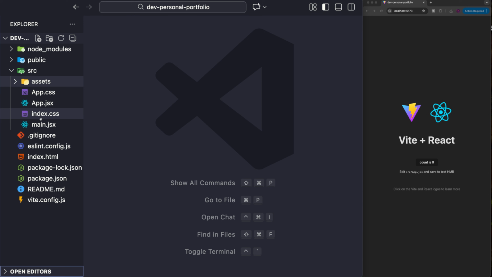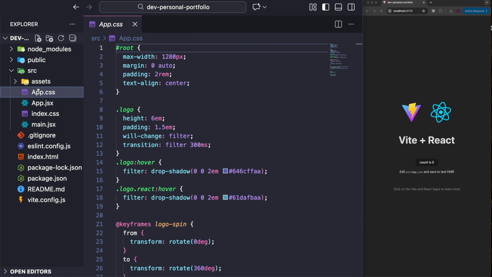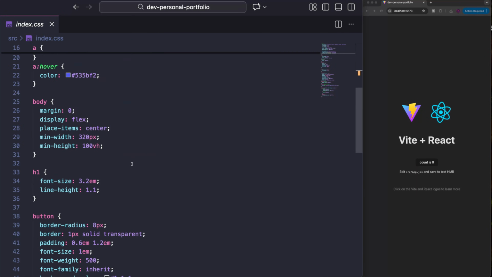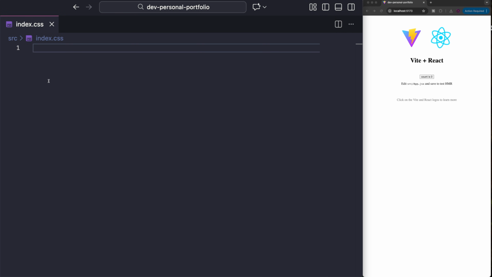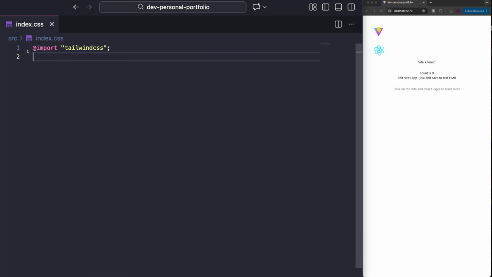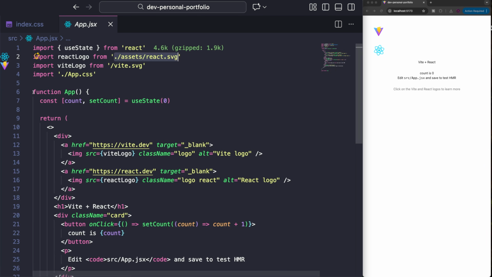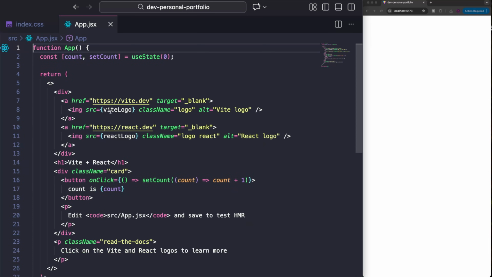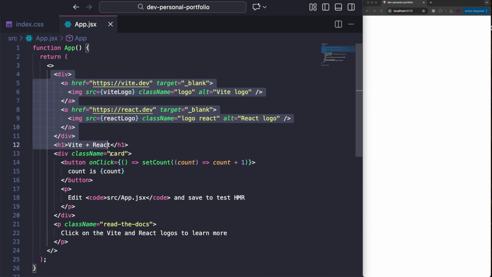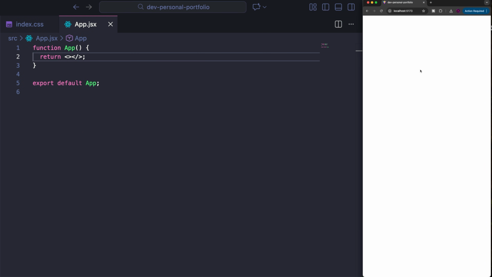So now we can close this up and we can go to our app.css. I'm going to delete this file. We don't need this. We're going to do all of our CSS stuff on our index.css over here. Then I want to delete all of this as well, and I want to import at the top over here, TailwindCSS. This is a crucial line that you need to put. If you don't put this on your index.css file, none of your Tailwind will actually work. Because I also deleted my app.css, I want to come to the app.jsx and delete that import over here, together with actually everything that we have. I'm going to delete and make this component be completely empty